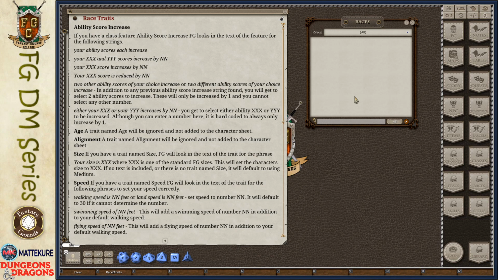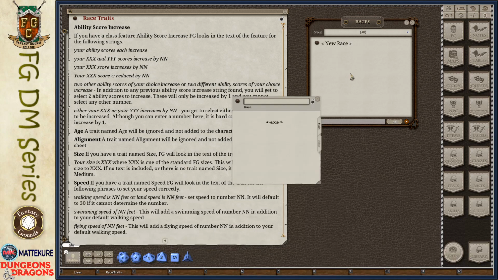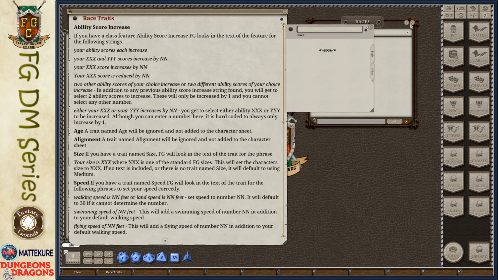Certain things are understood by Fantasy Grounds in order to make that process easier. And the same thing is going to be true for traits or for race entries. And I'll talk about the various elements that are unique there.